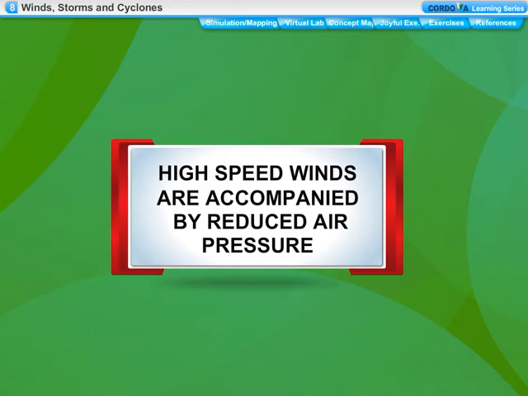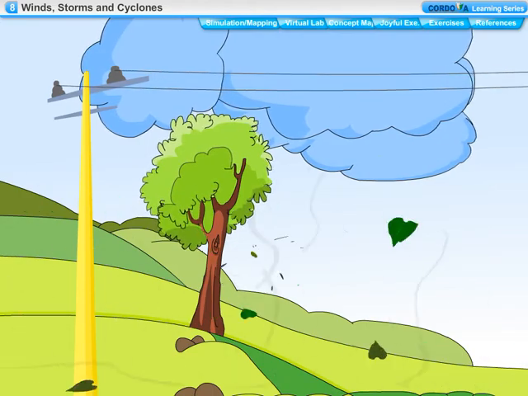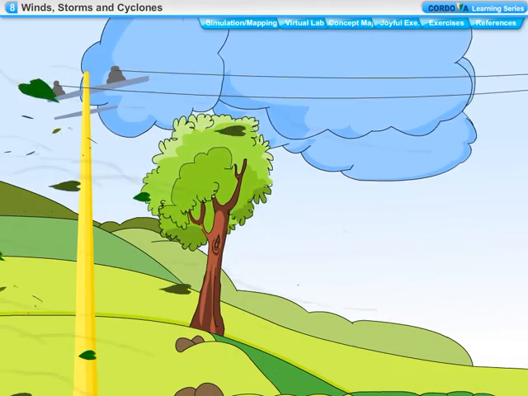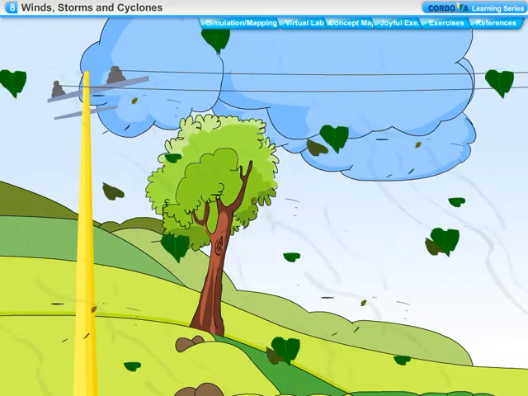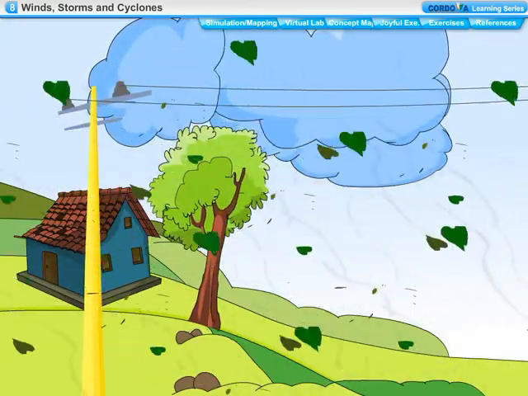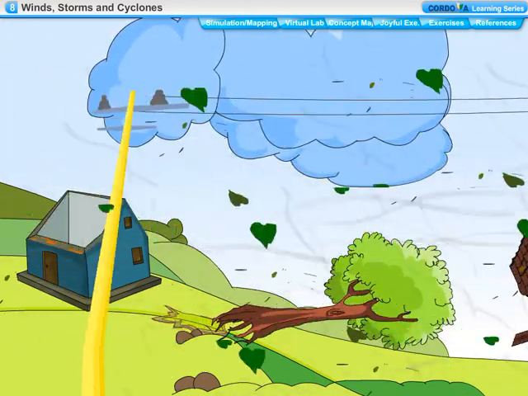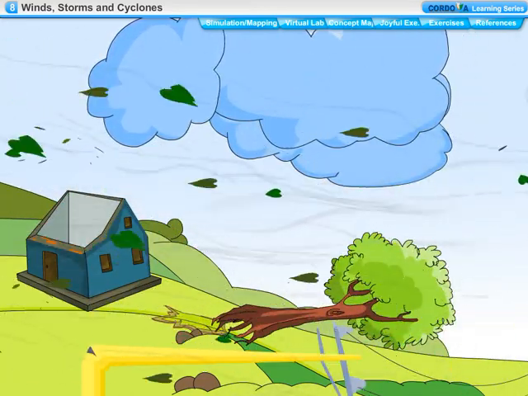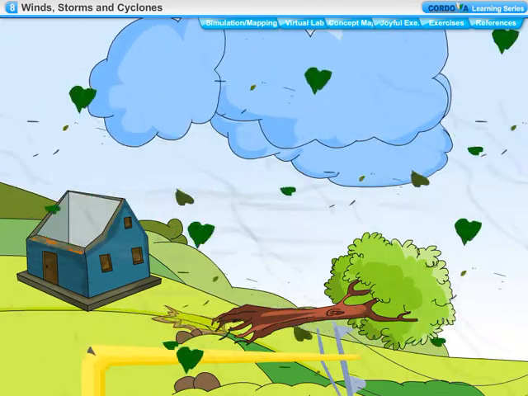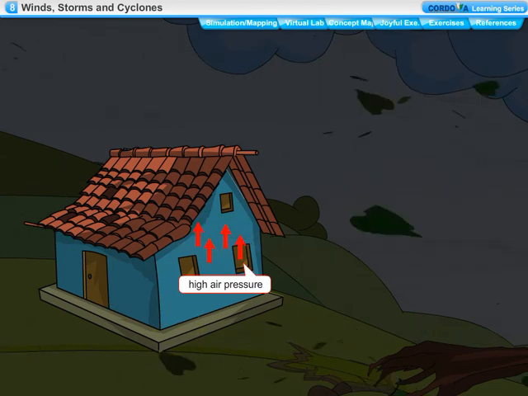High-speed winds are accompanied by reduced air pressure. Moving air is called wind. It has been found that fast-blowing wind creates a region of low pressure. When the wind speed is very high, the roofs of huts or the tin sheet roofs of the godown are blown off. This is because when the high-speed winds blow over the roofs, it reduces the air pressure above the